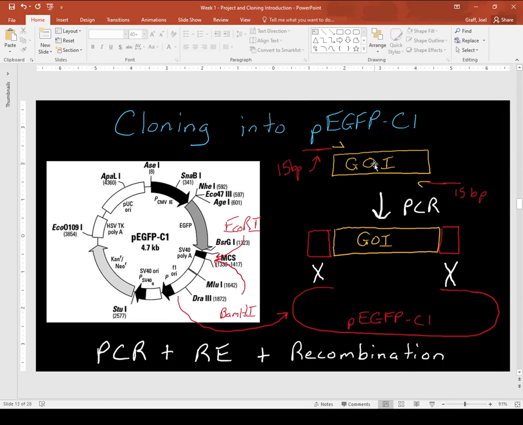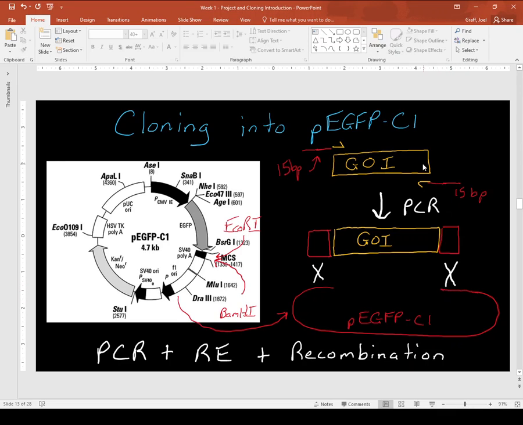In this case, we could take the gene of interest, whether it was the synthetic gene or whether it was cloned into any of those first three plasmids, and we can design PCR primers. That's what this indicates here. I have the PCR primer in two colors because the first part of the PCR primer is at least 15 base pairs of sequence that matches up with the sequence to the left of the EcoR1 site on pEGFP, and the red sequence over here matches up with the sequence to the right of the BamH1 site of pEGFP